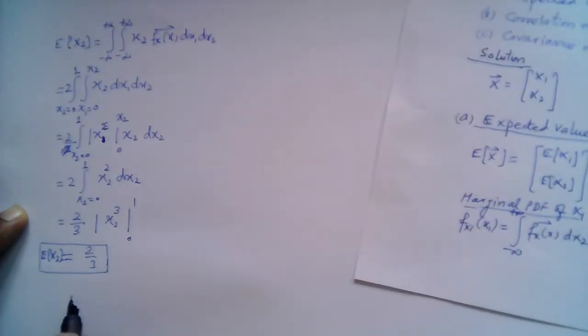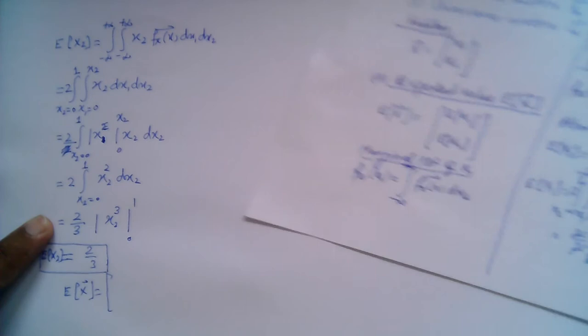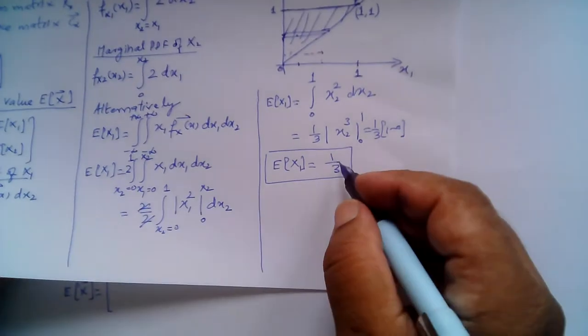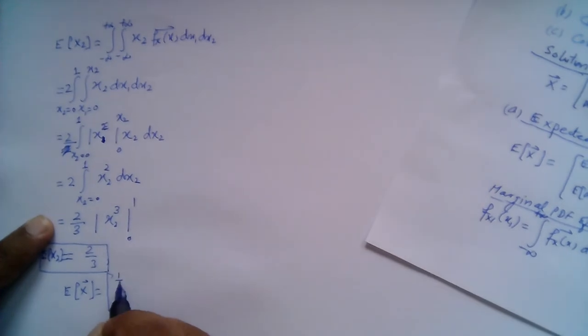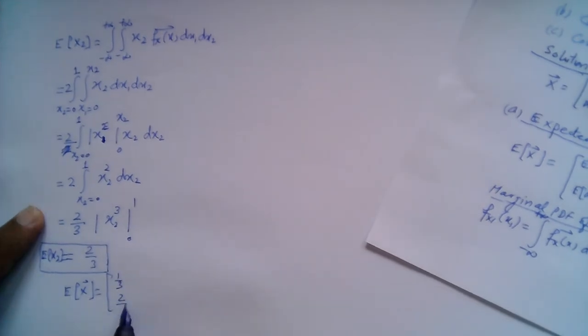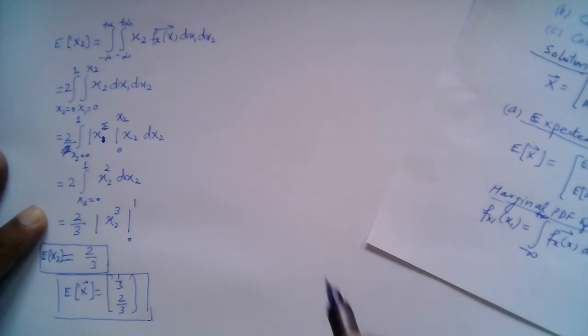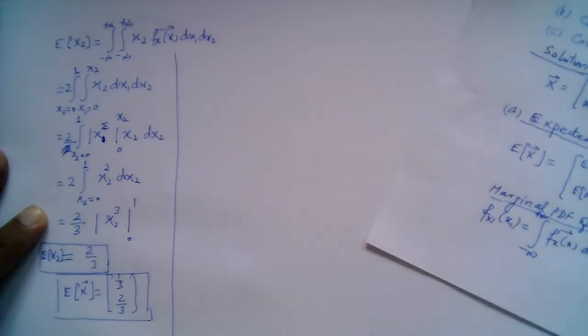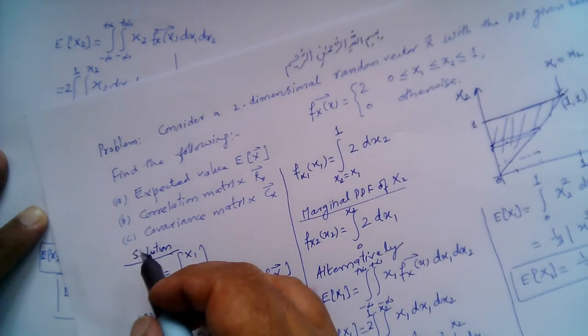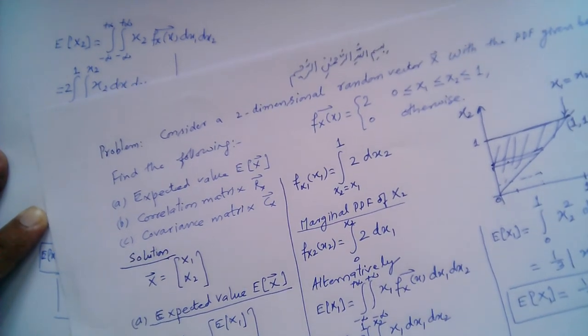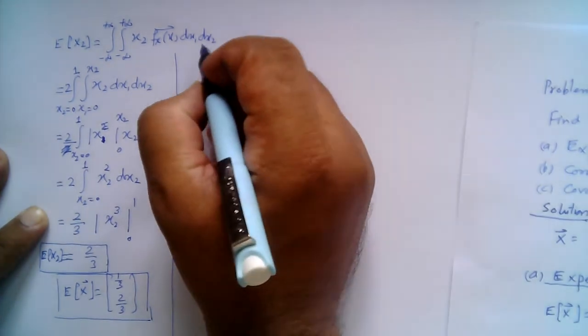So the expected value of random vector x is given by the expected value of x1, which was found to be 1 over 3, and the expected value of x2, which is 2 over 3. So it is this vector, the expected value of the random vector x. So we are left with parts B and C. We need to find out the correlation matrix Rx. Part B is